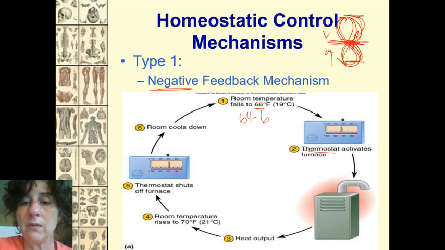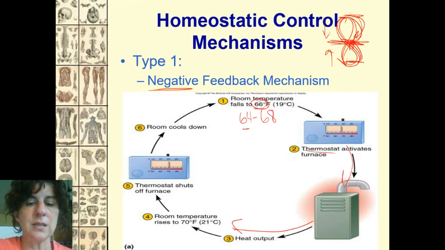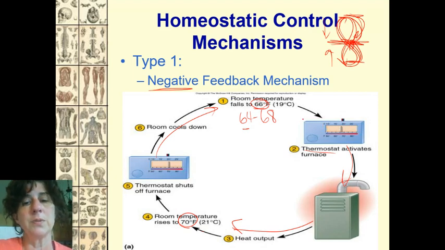If it drops below that tolerable range, right? So now I'm okay with 64 to 68. I just want to be at an average of this. If it drops below 64, I need to make a change. So it tells the heater, turn on, heater puts out some heat, temperature goes up. Notice it went up to 70, and the thermostat says, whoa, wait, a little bit too high, shuts down, and it's not putting out any more heat, and the room starts to cool down.